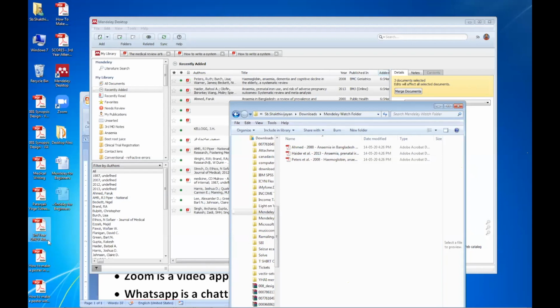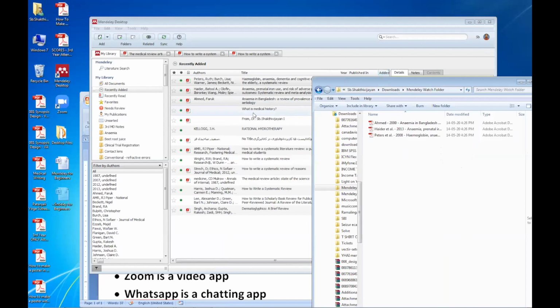For example, see here on the desktop, there is a file called Patanjali Yoga Sutras by B.K.S. Iyengar. But it is not there in my present document list in this Mendeley software. See, there is no Patanjali Yoga Sutras. I am adding these few documents, Patanjali Yoga Sutras and how to make a poster.